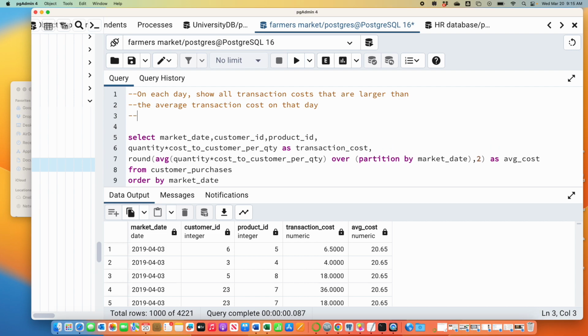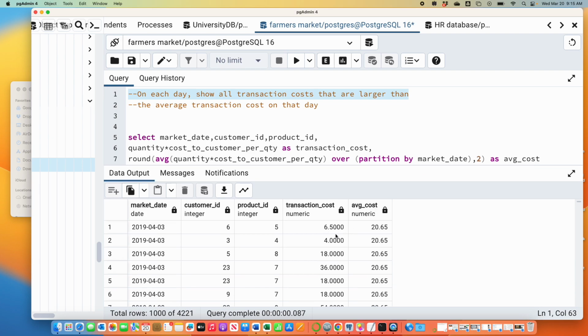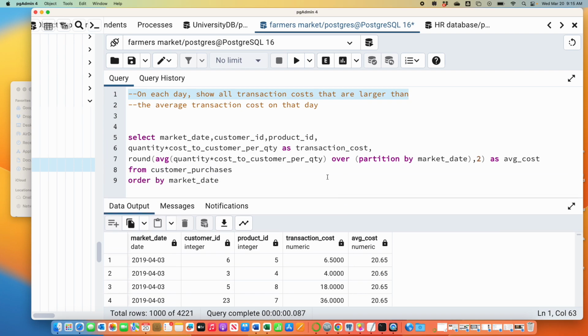Okay, well let me ask you, if this is clear how this is functioning, let's now show all transactions per day. Oh, I don't need to retype this. I want to go back to this question I asked here, right? On each day, show me the transactions that are bigger than the average. So for example, in this output here, I don't want to see this 650 row. I don't want to see this 4 row, but I do want to see this 36 row. So how could you show all that? Per transaction cost, average cost. Okay, good. So that's basically what you want to do, right? Where transaction cost greater than average cost. That's definitely what you want.